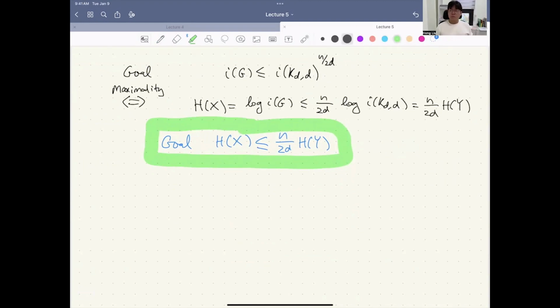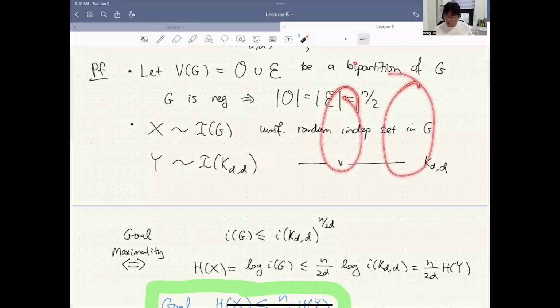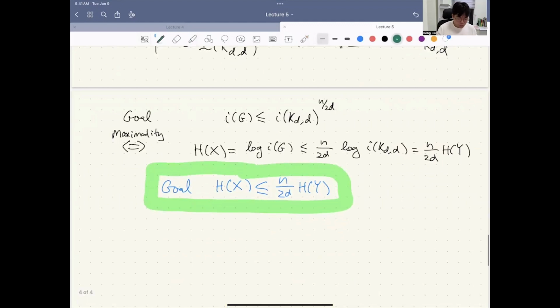To use Schur's lemma, well, we need to have a vector form for our random variable X. How do we view X as a vector form? We have our graph G with odd side and even side. X is some independent set in G. So if we view each vertex as a coordinate, this X is basically a subset of vertices. We can use the indicator variable for each vertex being in this random independent set or not to expand X as a random vector. So we can write